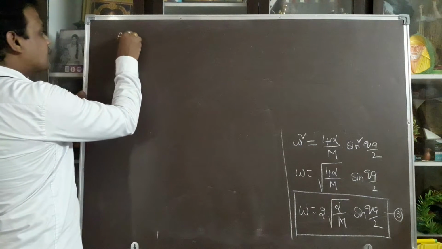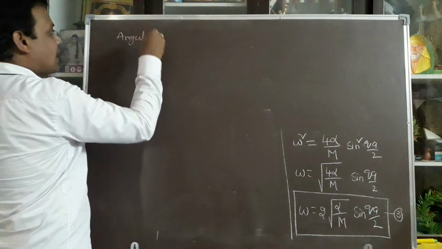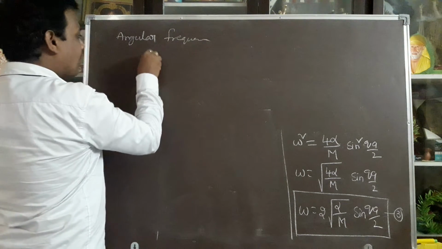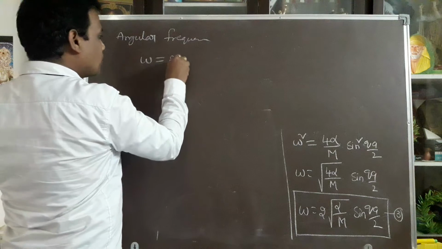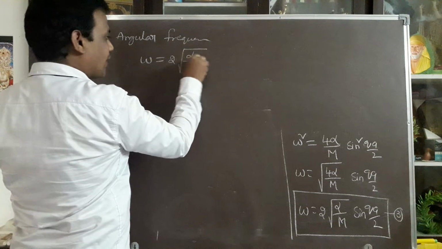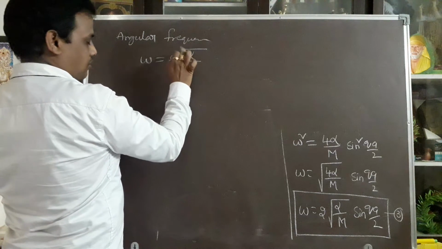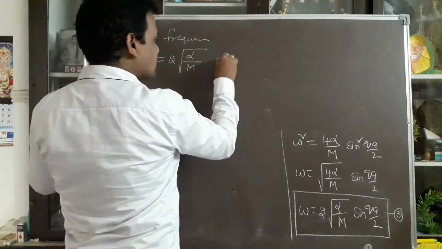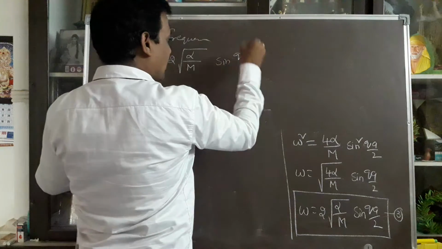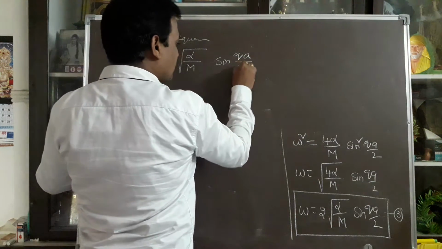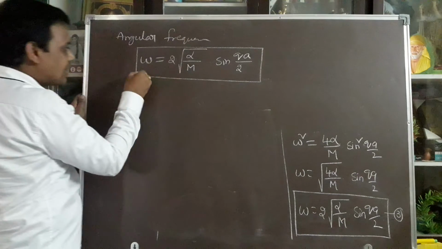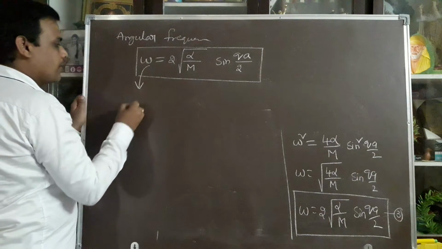The vibrational state angular frequency omega can be taken as 2 root of the force constant alpha by mass, into sine of wave vector times lattice distance by 2. This is the angular frequency. This angular frequency is nothing but